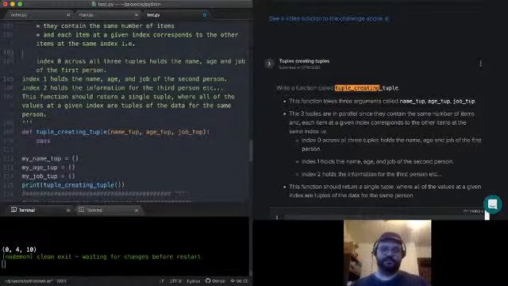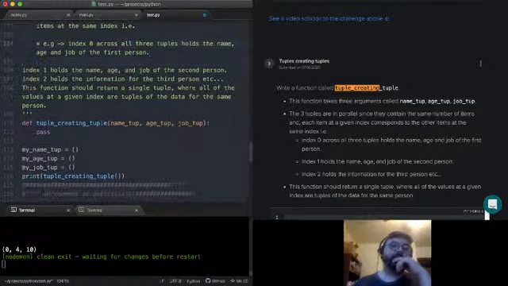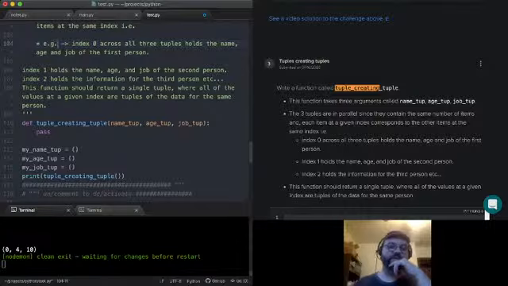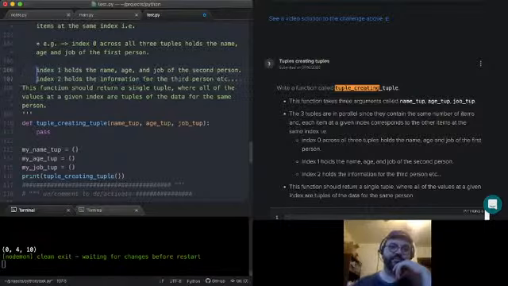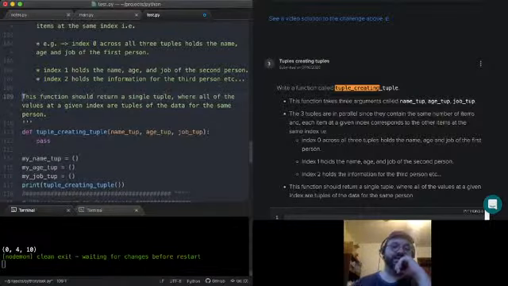So I'll say e.g. That's an example of that. Index 1 holds the name, age, and job of the second person. This is just another example. Second person, etc. Okay. The function should return a single tuple where all of the values at each given index are a tuple of the data for the same person. Okay, so